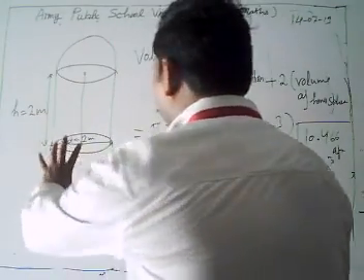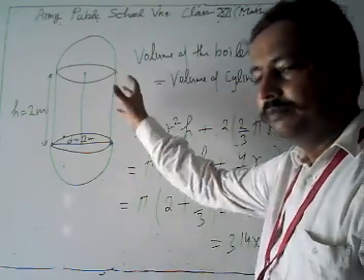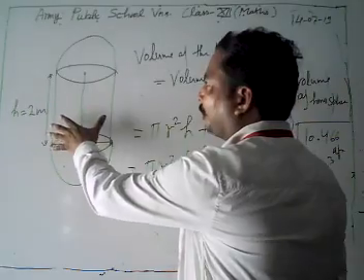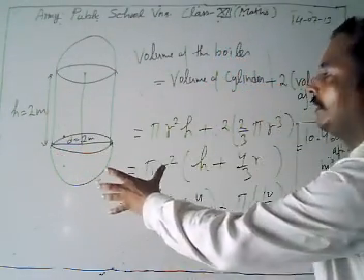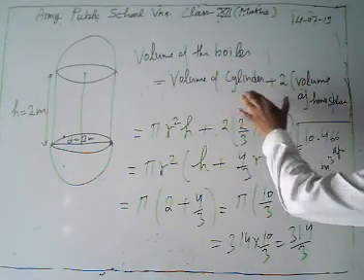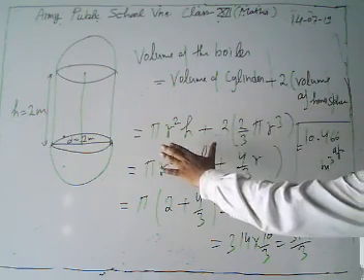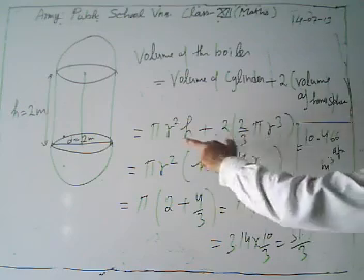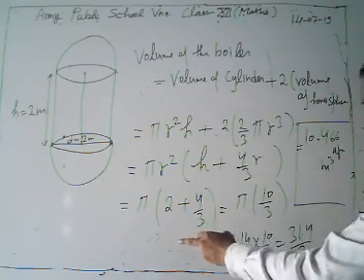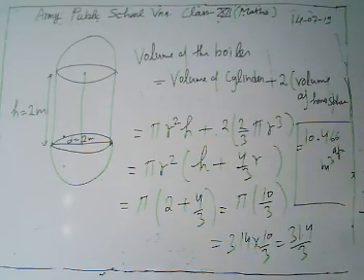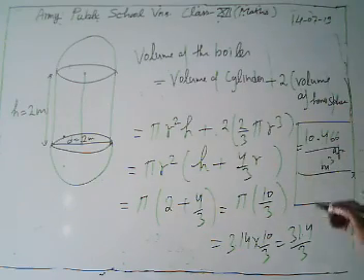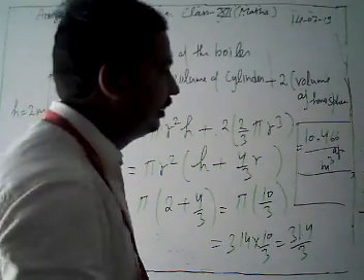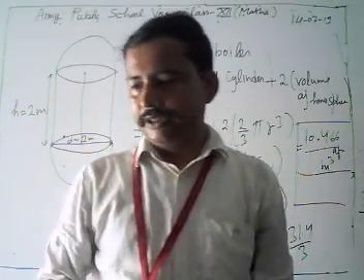I'm going to revise again. How can we get the volume of this boiler? We find the volume of the cylinder portion plus 2 times the volume of the hemisphere. Putting the values, pi r square h plus 2 into 2 by 3 pi r cube, and putting in the values of r and h, after solving we get our result. The volume of this boiler is approximately 10.466 meter cube.